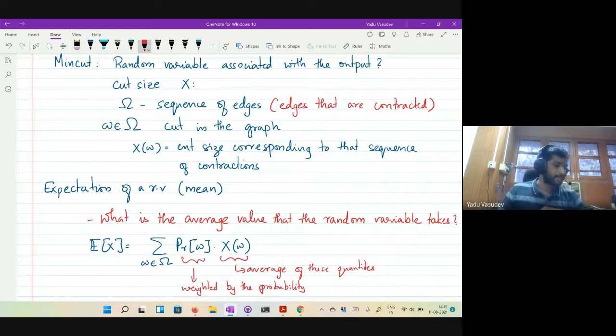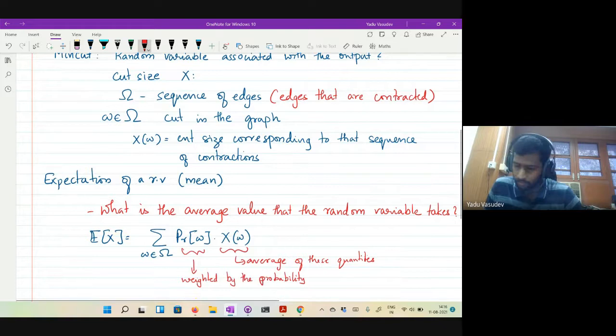If the probability was uniform across the sample space, then this is actually the average that you take. You sum, divided by the total number of elements. If every element of the sample space had equal probability, then this is just the average. If it is not equal, then it is a weighted average of the values of this random variable. Okay? So this is the expectation, the standard definition. It's an average. You have probably seen this before.